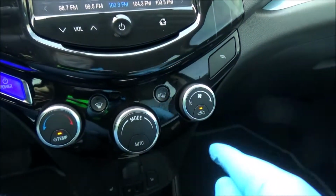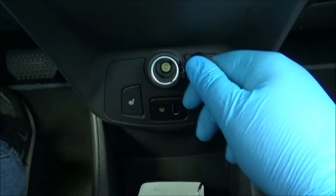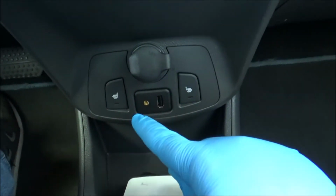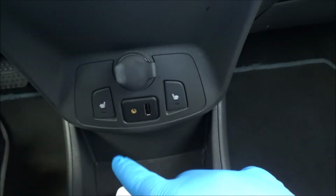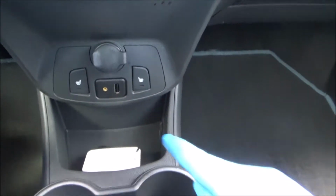Right here are all the controls for your single zone automatic climate control. Right here you've got a power outlet, USB port, and aux port, along with the controls for your single stage heated front seats. Got some storage, cup holders,